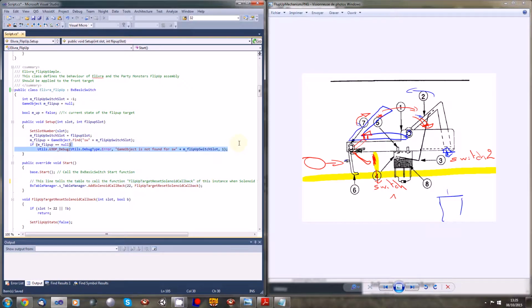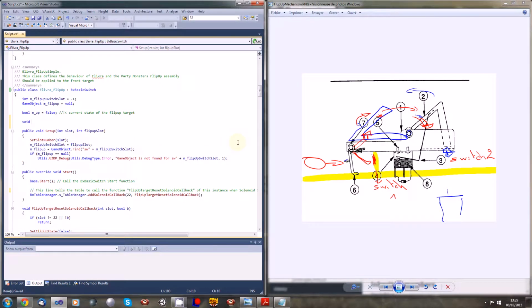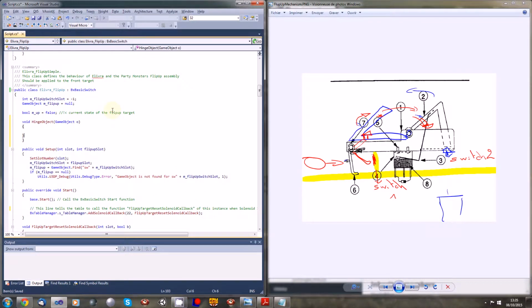Let's do, so we will need a new function. We will create a handle function, a tool function, a utility function, and it will be called hinge object, and it will take a game object as a parameter, game object O. Okay, so what we will do with it,